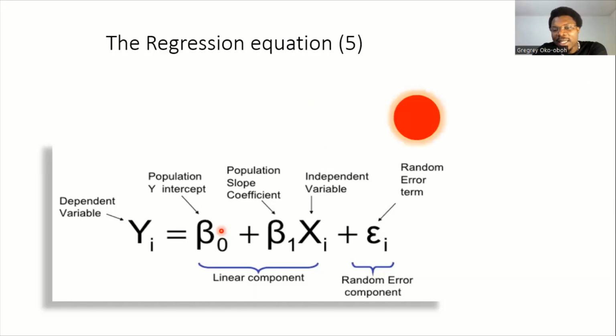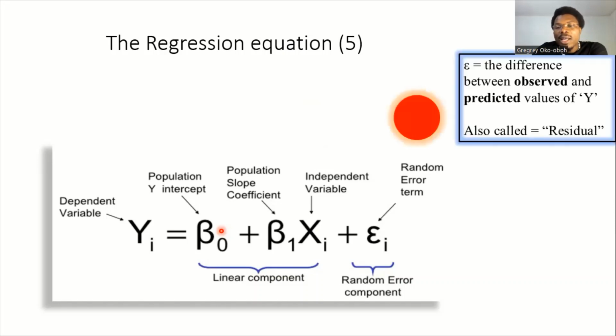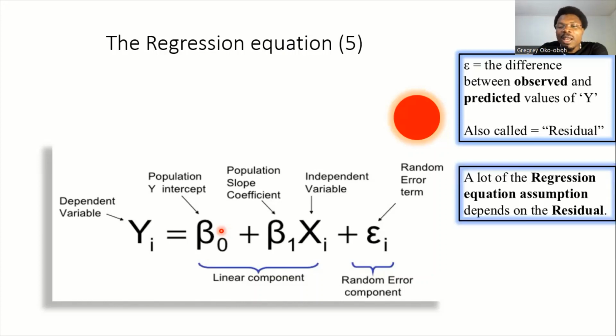The last term in this equation is the random error term, otherwise known as the residual. This is simply the difference between the observed and the predicted values of y. The following example will help to elaborate more on what the residual or the random error term means in the regression equation. However, it is also important that we note that a lot of the regression assumptions that we make depend